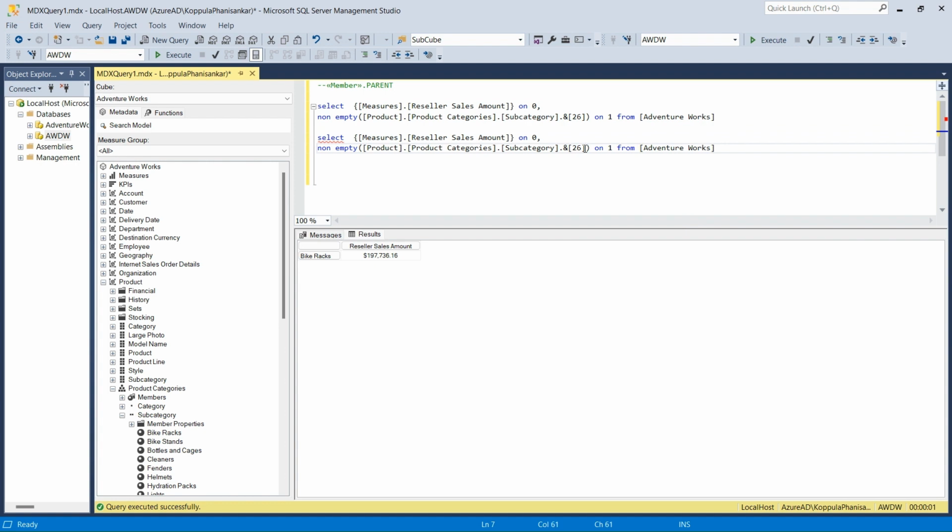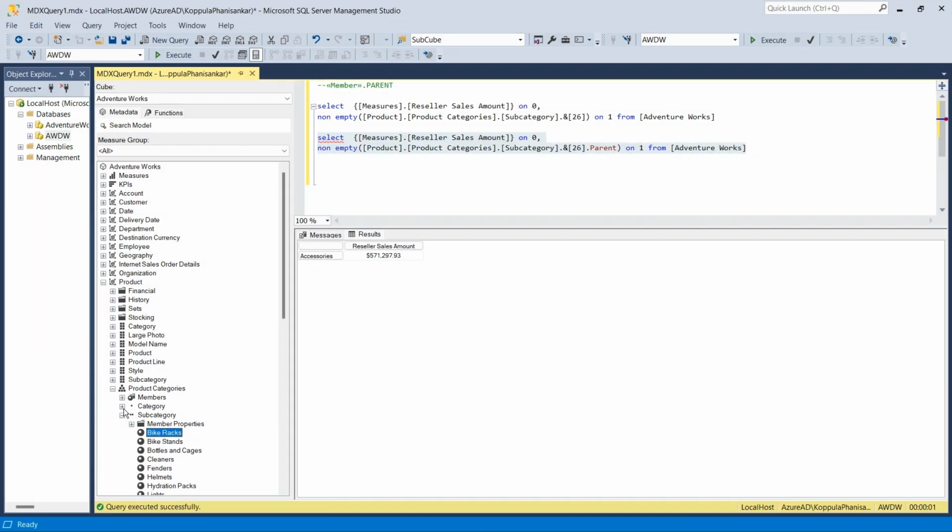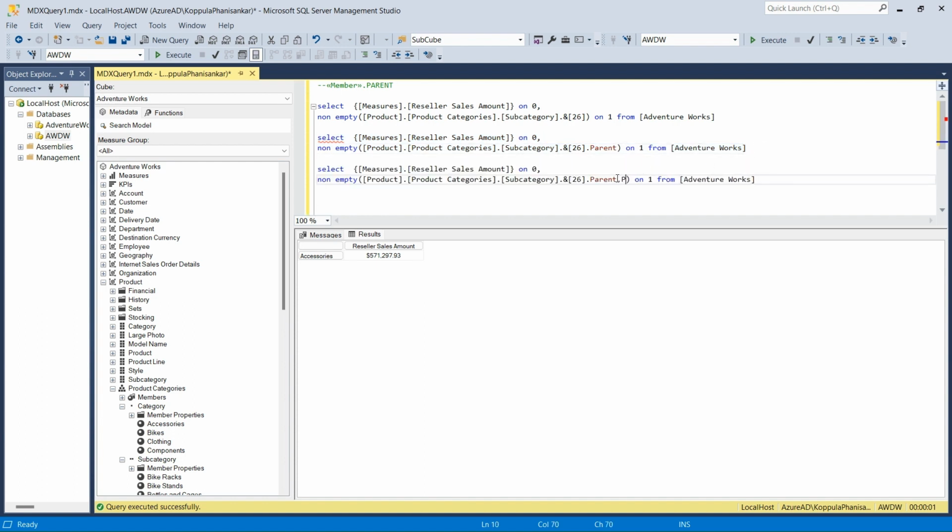We just, at the end of your selected member on rows, put the parent of the current member. This is our current member 26 dot parent. Now if I execute this, then we get the accessories, because the bike racks is a child member and its respective parent member is accessories. Okay, and not only that, if you want to go back one more level up, so what is the parent of